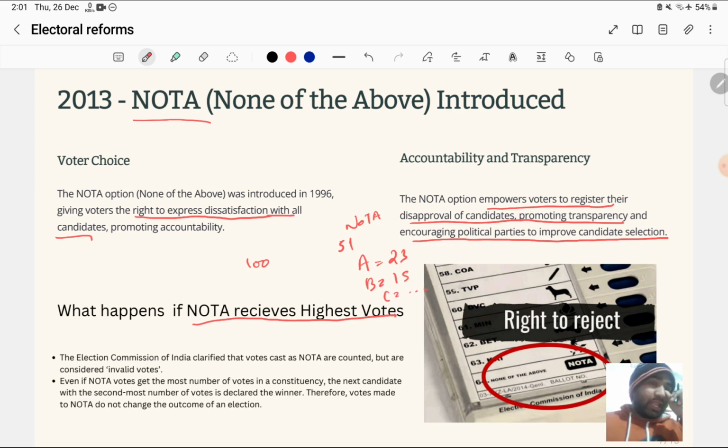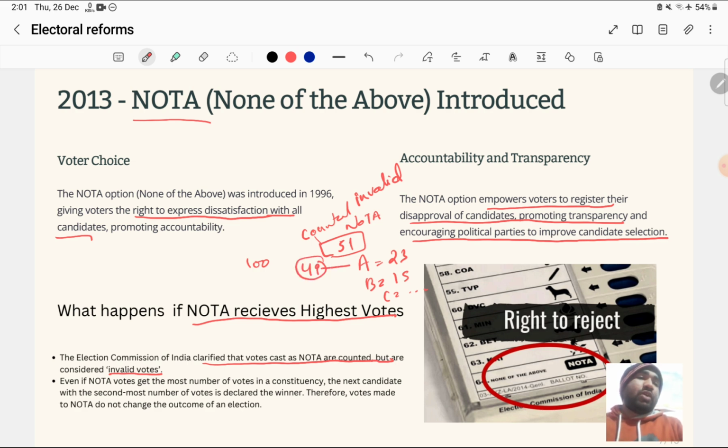Now in this condition, these 51 votes will be counted but will be considered invalid. The Election Commission clarified that votes cast as NOTA are counted but are considered invalid votes. So now among the 49 votes it will be seen who got the majority, and that is A with 23